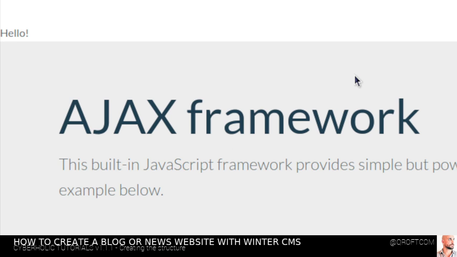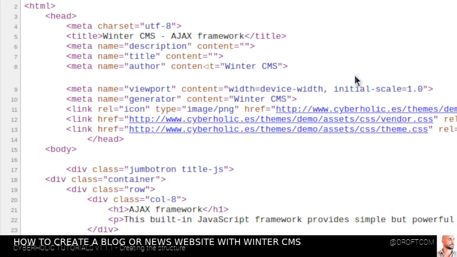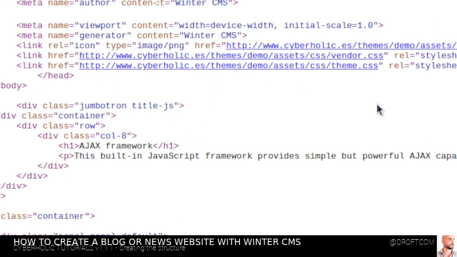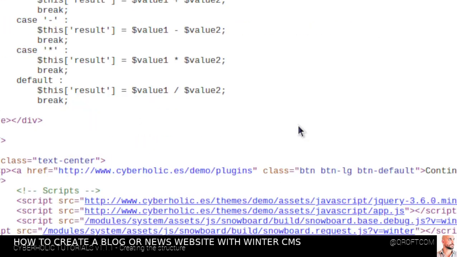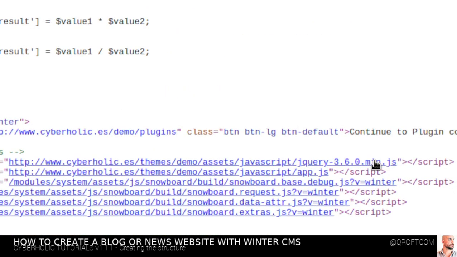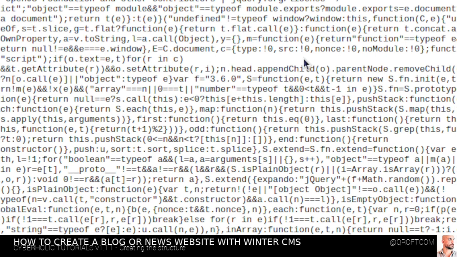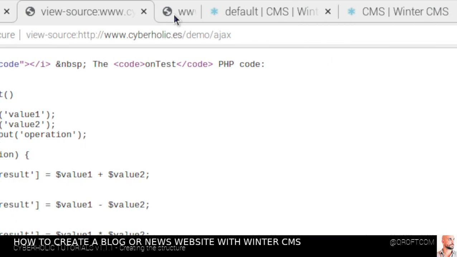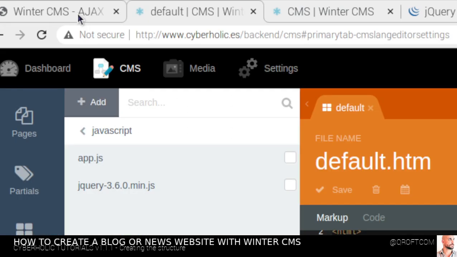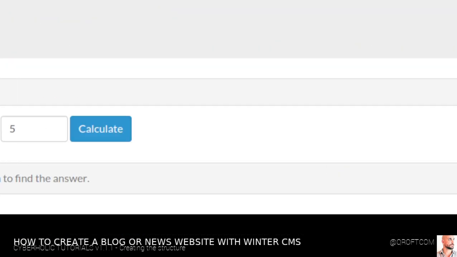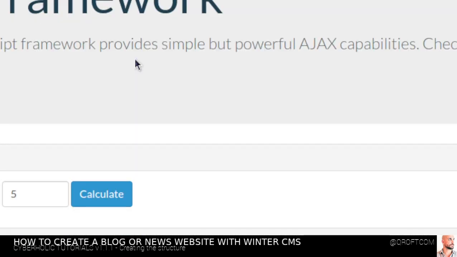Now with Control U, I go to the source code and simply scroll down to where the scripts are. Here it is. Click on it, and hopefully you see this minified version of jQuery, so I know it's working and it's in there. The next thing that we are going to do is